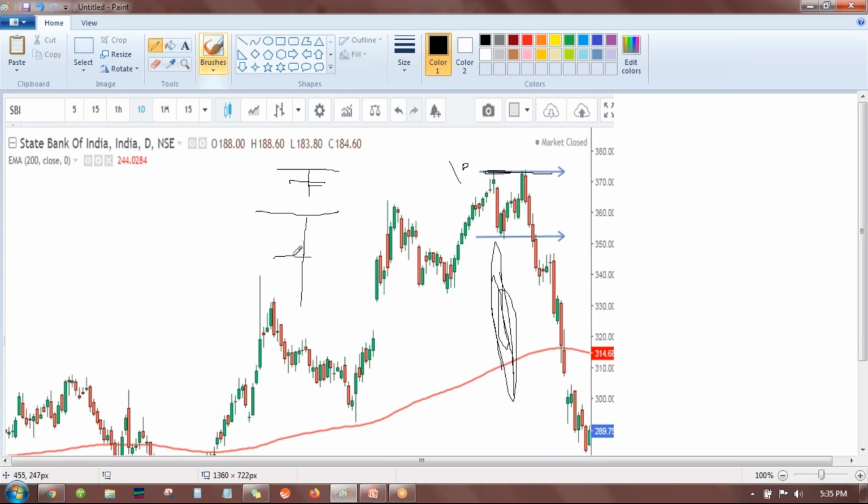Always try to look at the risk reward ratios. If it is favorable, go for a trade. If it is not, even after meeting all the criteria which I have discussed, the gap, the previous support or resistance level, a fake out and a reversal candle, look at your risk reward ratio. Your risk should be very minimum, very low.